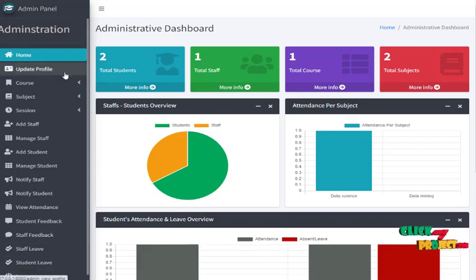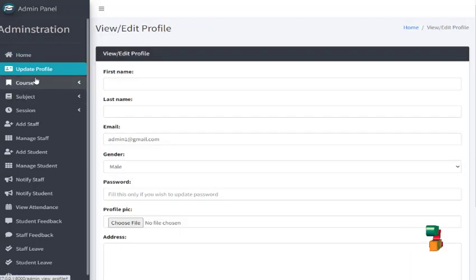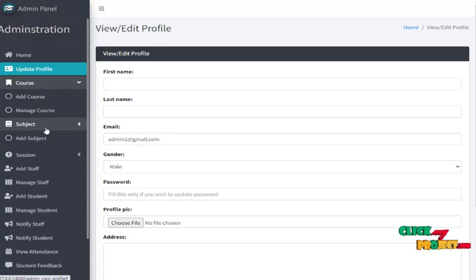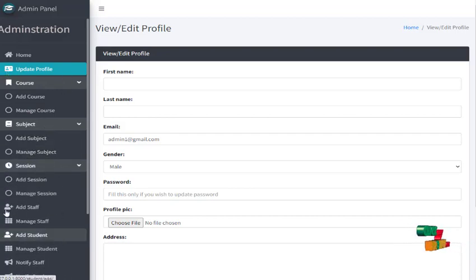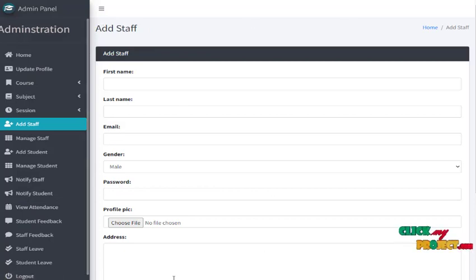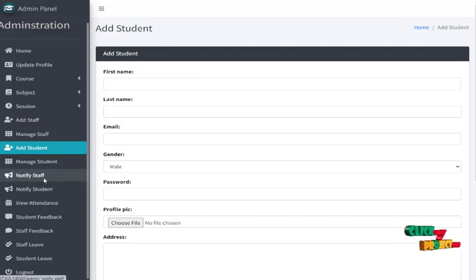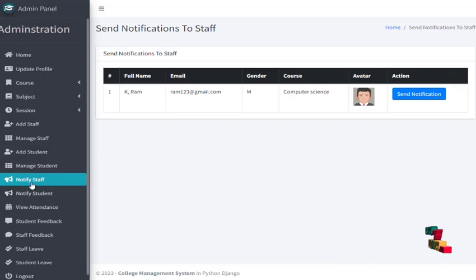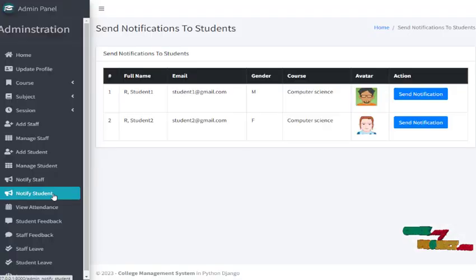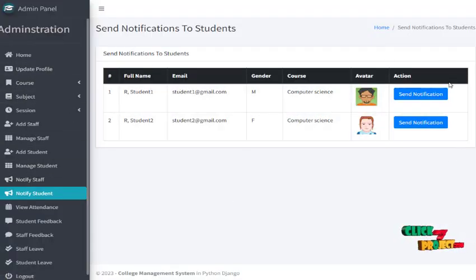First, admin can update their own profile, and then admin can add new courses, subjects and sessions for their college, and then admin can also add new staff and manage the staff, and admin can add new students and manage the students, and admin can send notifications to the staff, and admin can also send notifications to students also,